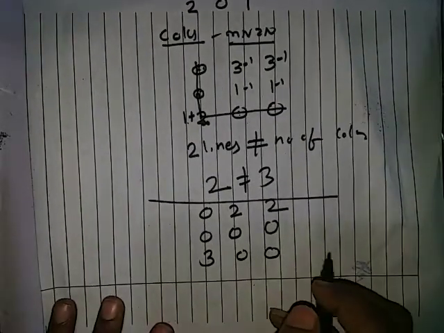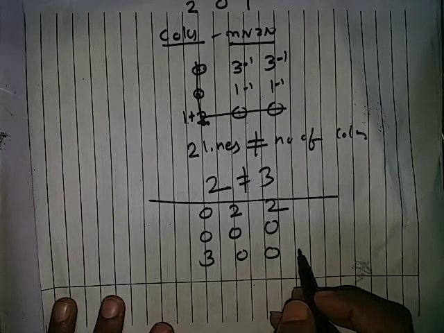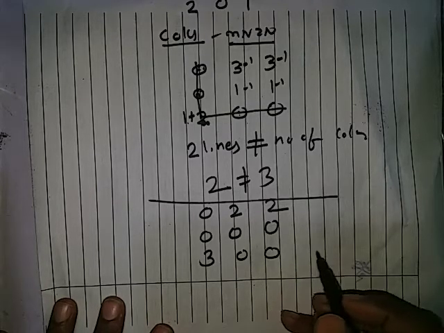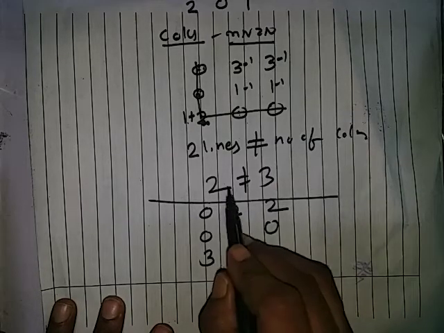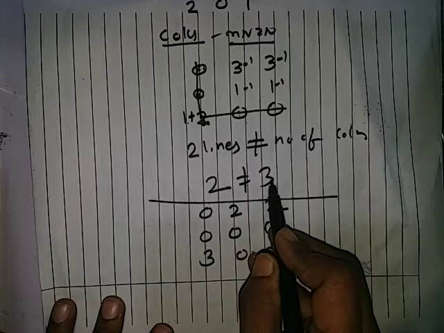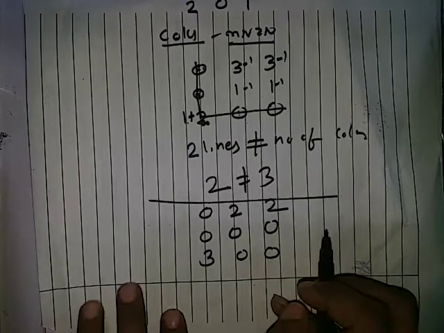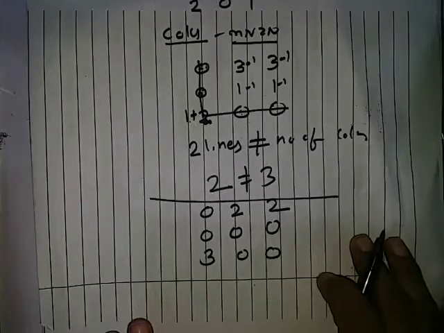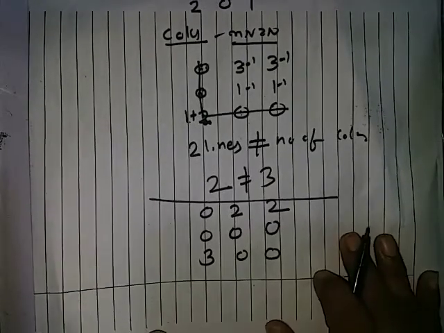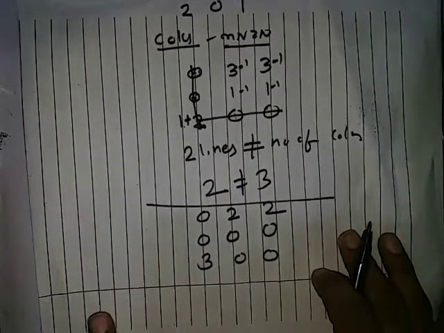New matrix. Let us repeat the same steps, that is drawing minimum number of lines. Draw minimum number of lines to cover all the zeros. Again, if we are getting number of lines not equal to number of columns or rows, we have to repeat the same step. We will draw minimum number of lines to cover the zeros. Then we will subtract the minimum element from outside elements. We will add the minimum element at the intersection.